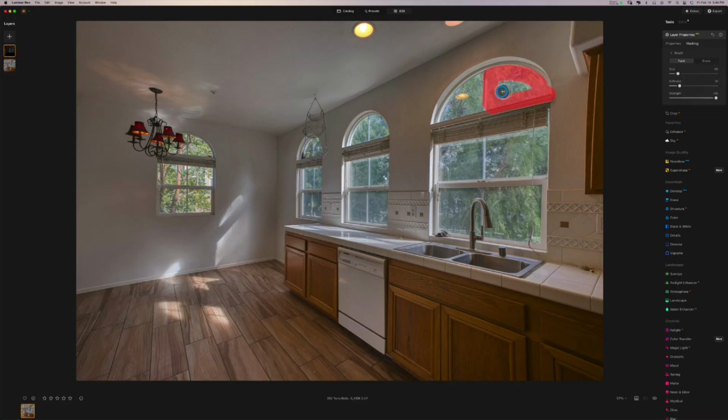So wherever the red is where we're painting back the layer we want to see on top of the under layer. So right there, it's red, but it's because we have our mask showing, and then when we turn it off, you will see. Now what you can do in Luminar, and actually like other photo editing programs like Photoshop or Affinity Photo,